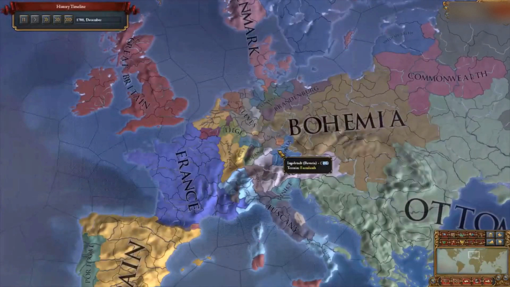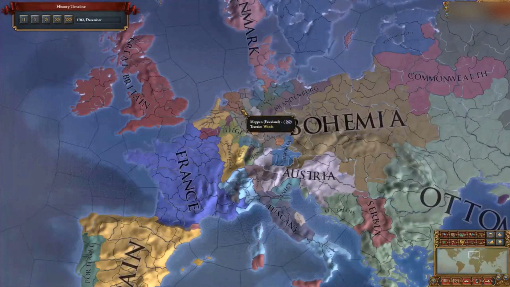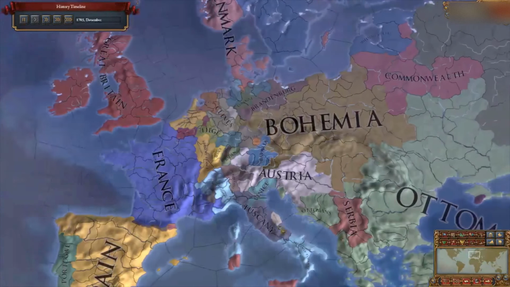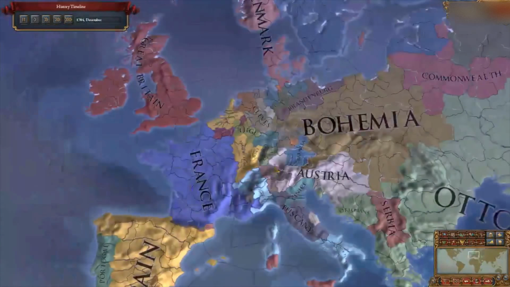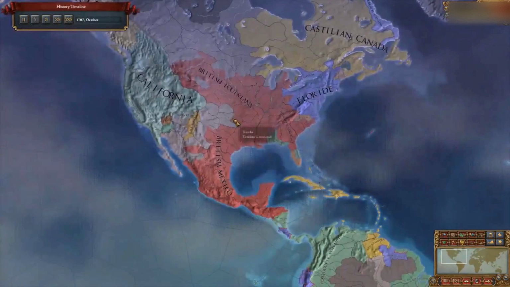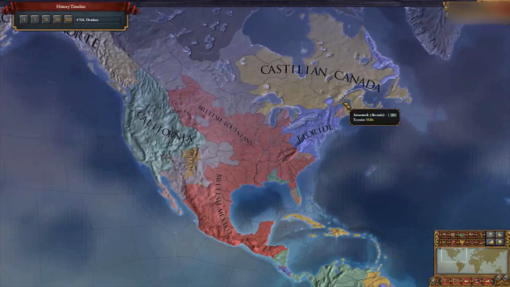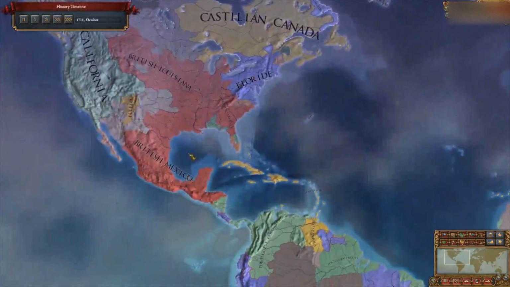Not too much going on in Central Europe, with Cleves looking big. Friesland managed to hold on to its mainland there, and a few other provinces. Bohemia shadowing over everyone. Denmark getting a few provinces back. We'll see how long that lasts. Colonially is as you'd expect, except for perhaps this Portuguese here, the Castilians in Canada, the British forming most of